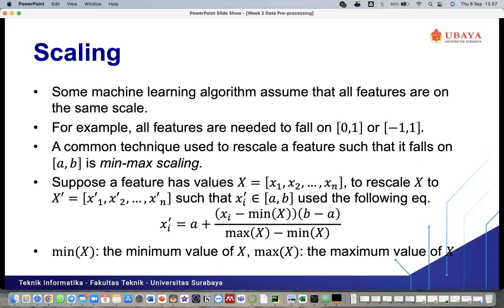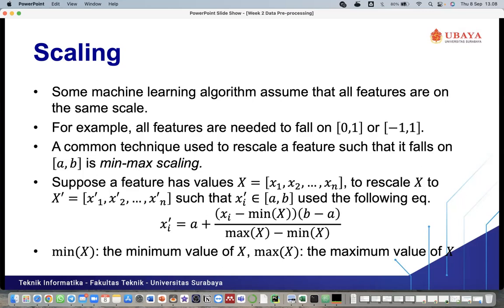It depends on the case study that we need to solve. But actually, most of them use 0 to 1 or minus 1 to 1. So all of the features in our data set must be on the same scale, 0 to 1 or minus 1 to 1.